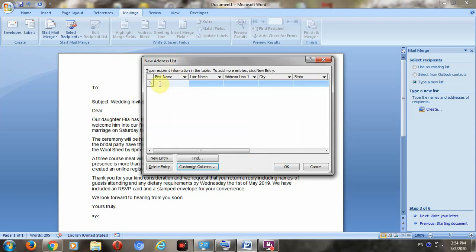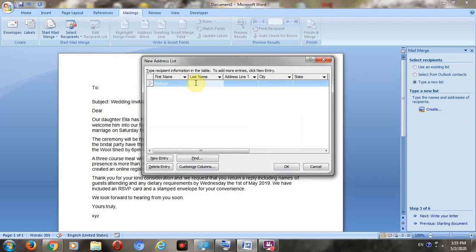Now I have to type the names. Say my first name is Rakesh. If you already have an existing list, then you just accept that list from the particular folder or file.